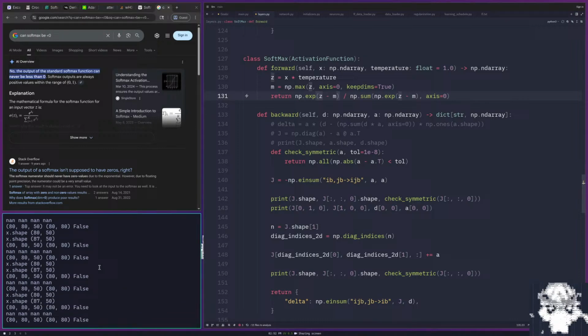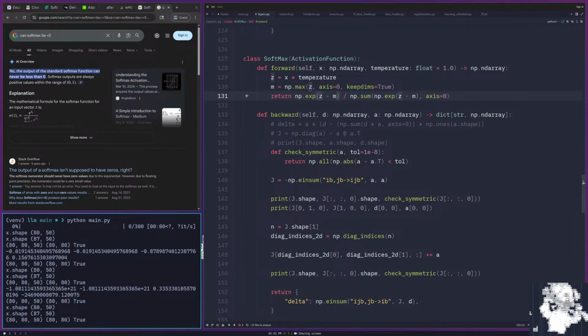It can never be less than 0. But if we look at mine, it starts at 0.1, which is okay. And then for the next sample, for the next batch,